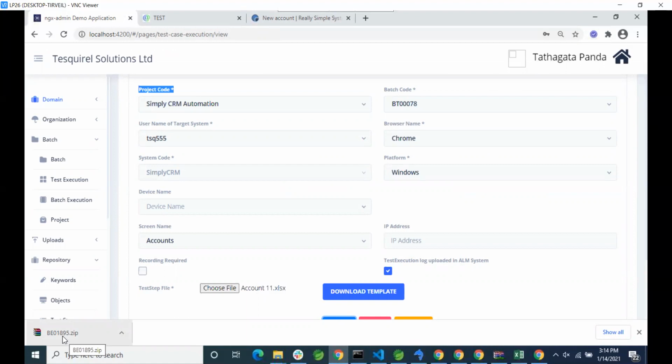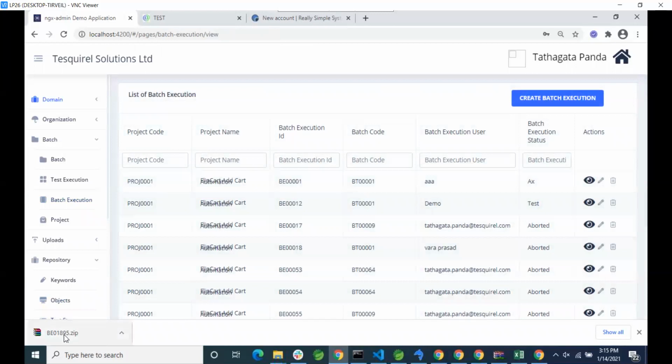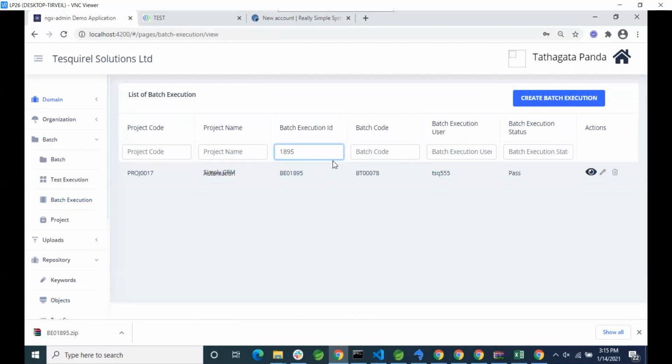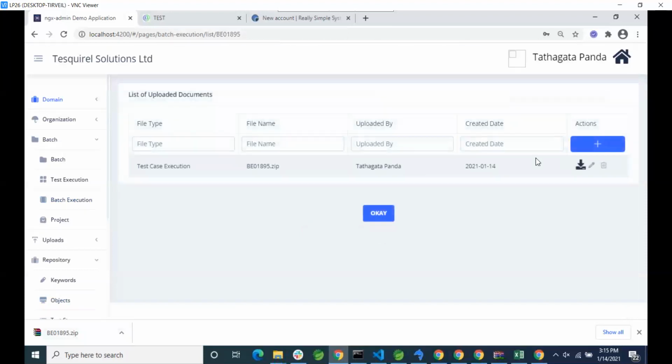So the results and the auto execution reports can be verified in 3 ways. First, on screen verification, by going through the batch execution, and we just have to search for this batch execution ID 1895. We'll enter here 1895 and click here, and we'll see that the zip file is uploaded over here.